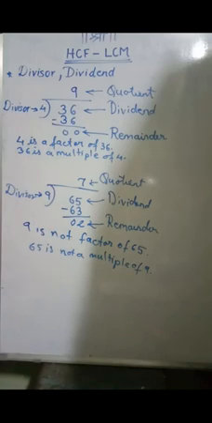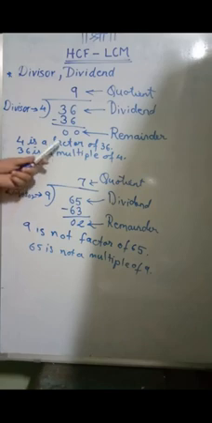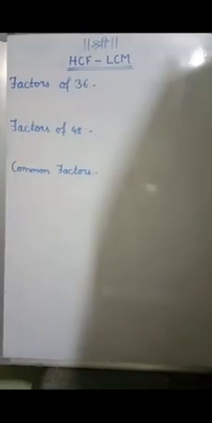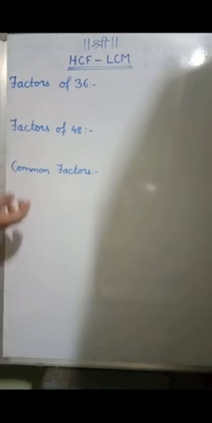Now we have just revised the factors and multiples. Do you remember? We learned this in 5th standard. So now we'll answer the question: factors of 36. What are the factors of 36? Factors means, children, in which table do we get 36? In the previous lesson we learned the tests of divisibility. Using those tests, can you tell in which table we get 36? We have also solved this kind of sums last year.